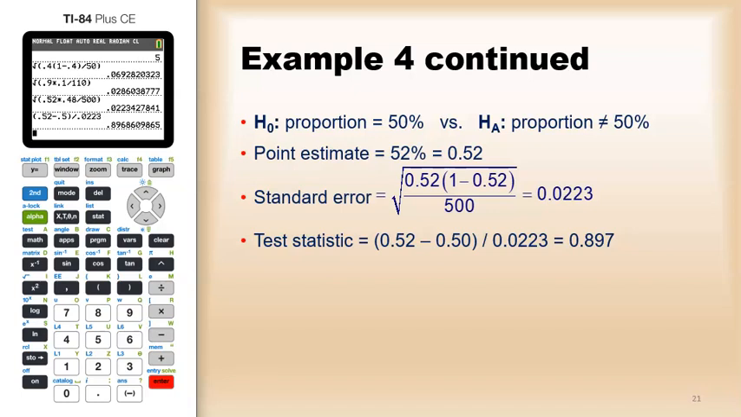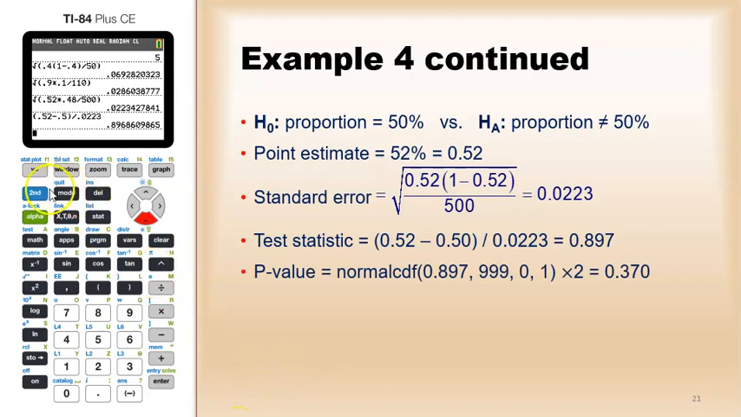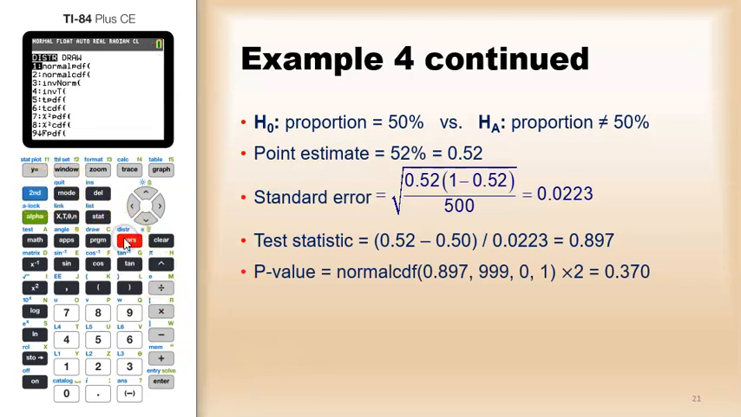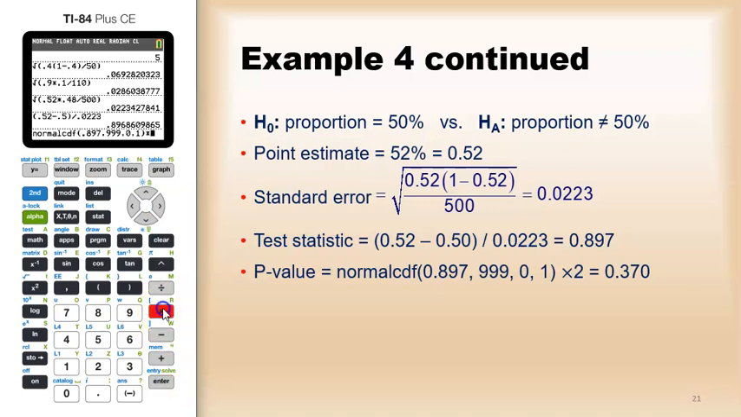To find the p-value, we take that 0.897 and we'll use the normal CDF command. So second vars, choose normal CDF. And the test statistic, 0.897. Upper limit, just pick something large, like 999 is more than good enough. Then paste, and then times 2. We find our p-value is 0.3697 or 0.370. This is more than 5%, so